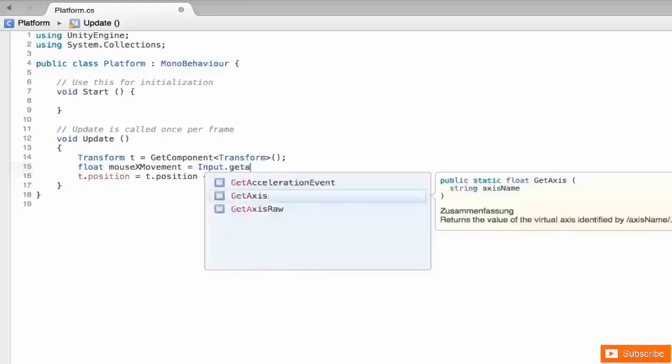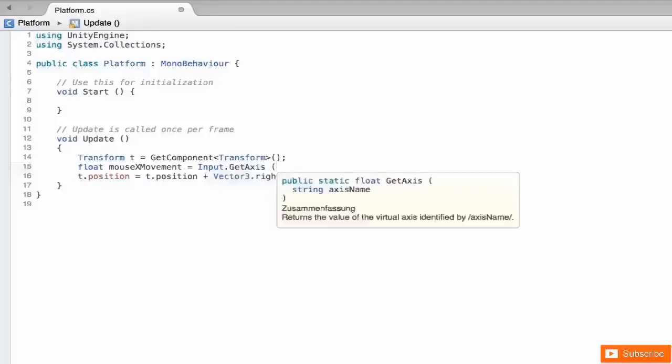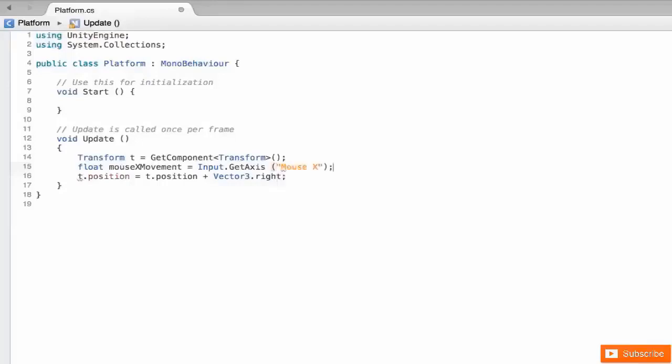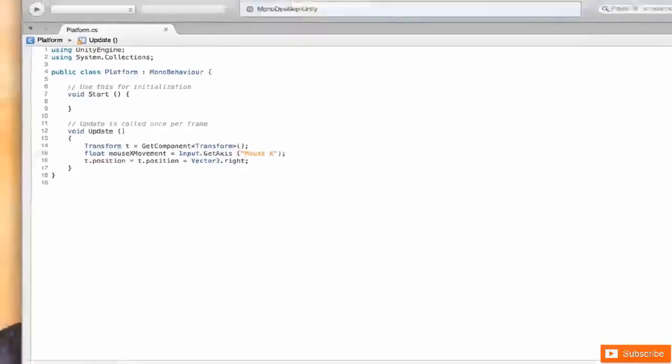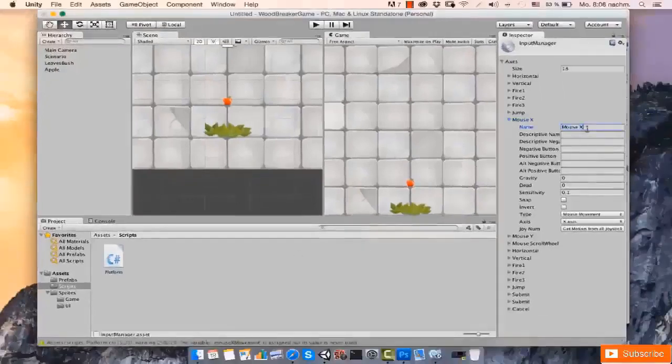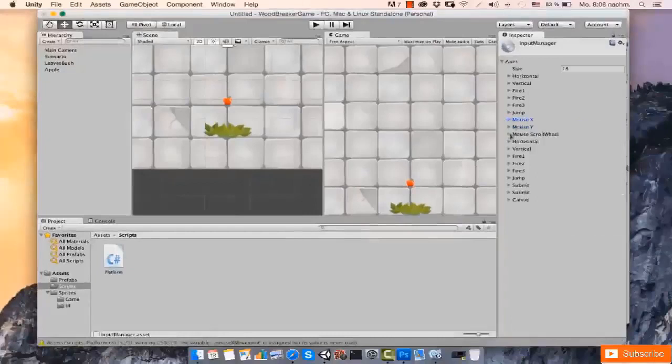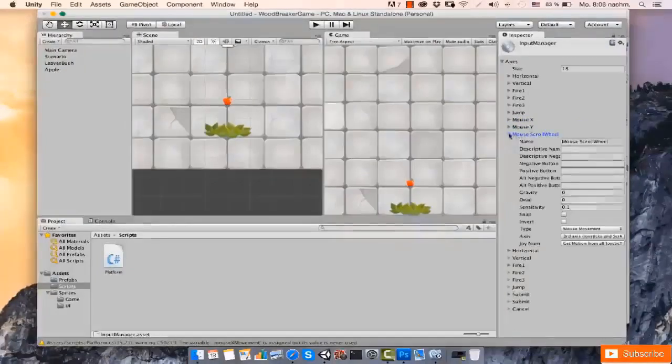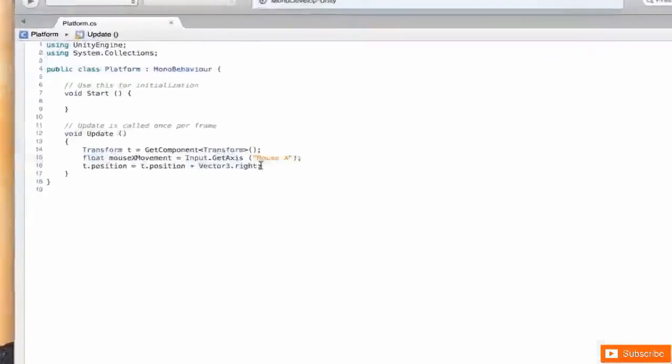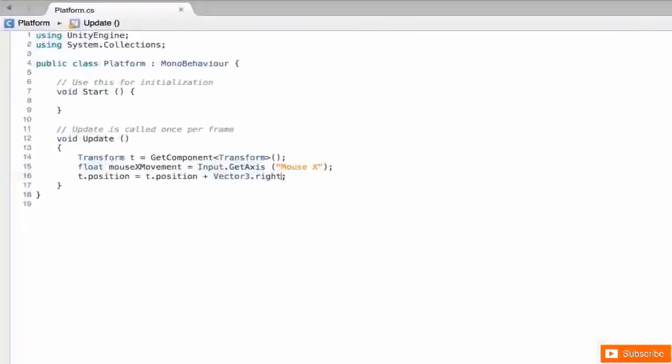And then we type GetAxis, which is the function that will return the value for an axis that we define. In our case, we want to type "Mouse X" here because, as you can see, if we go back to Unity, they have a name, and this is the name that we need to pass in to retrieve the value. Any of these axes has a specific name, and you need to pass that as a string to get its value. So in this case, what we need to do is just multiply the right direction by this mouseXMovement,